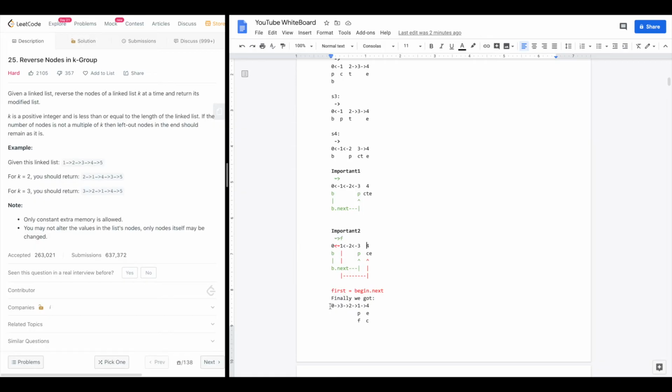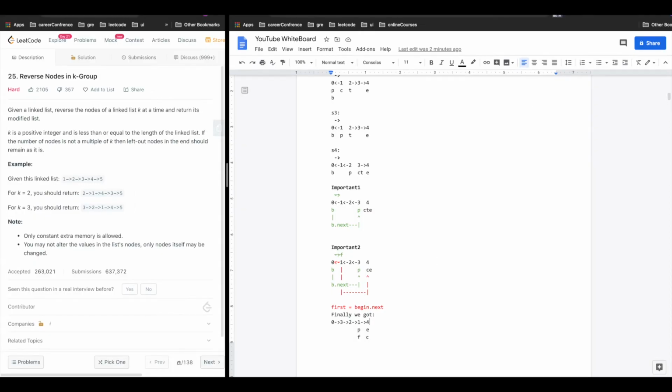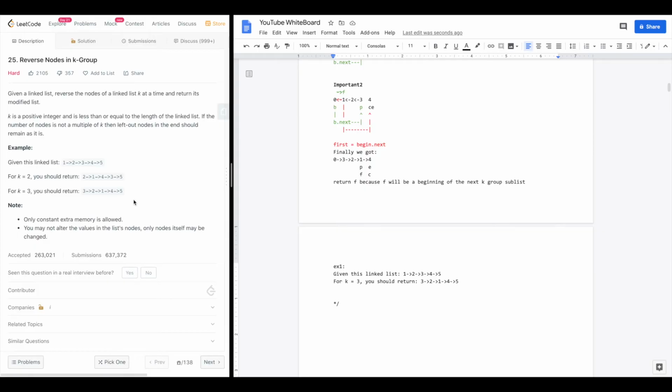And finally, we got 0, 3, 2, 1, 4. So this is the second smaller function I want to go through. Okay, since we already traversed the 2 basic functions, I want to introduce